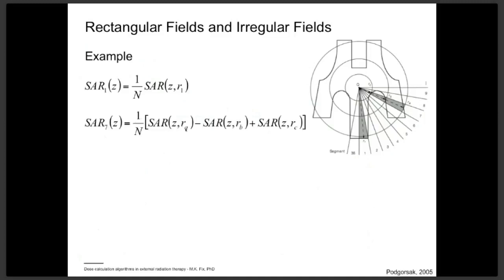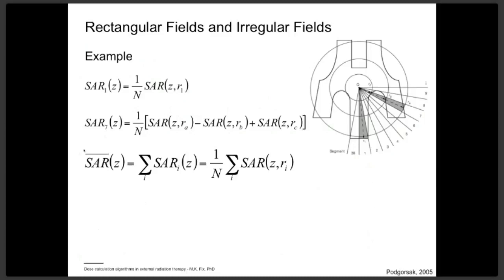We first start with the most off-axis contribution of the scatter. We subtract the next part, which is going from the center to this part. So now we underestimate the scatter, because we have another contribution from this part, which is added as the third term. By doing this for all n segments, we can determine an average scatter air ratio